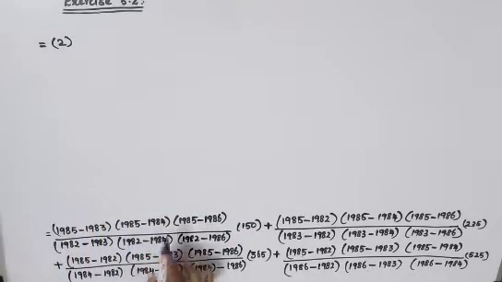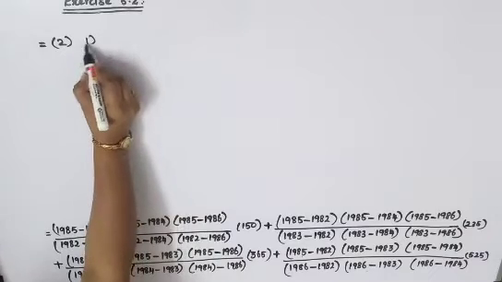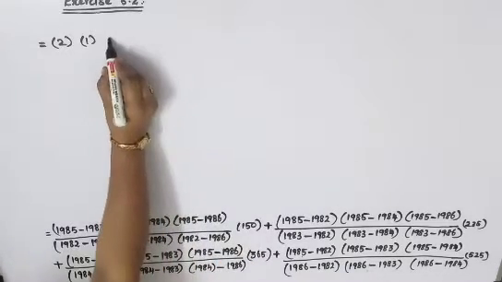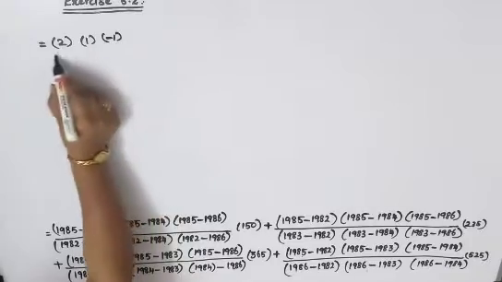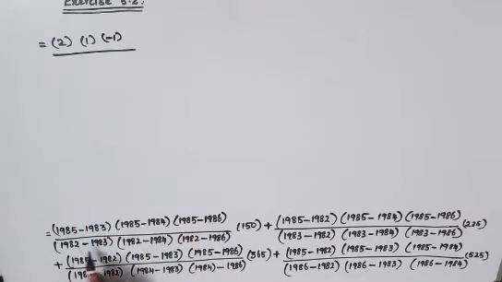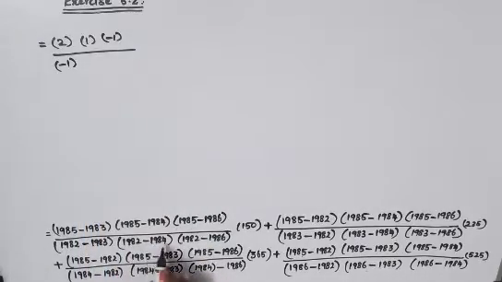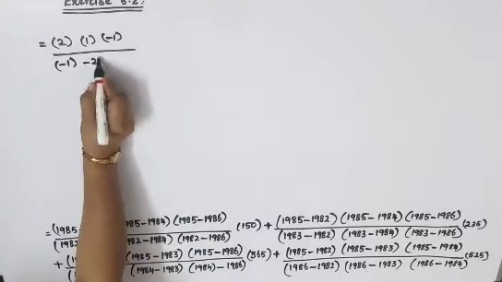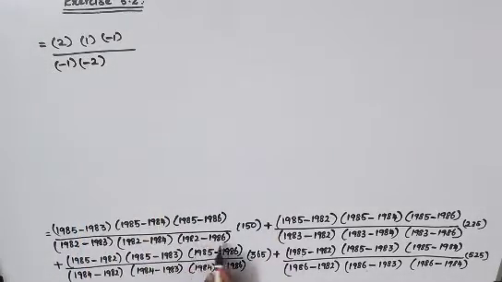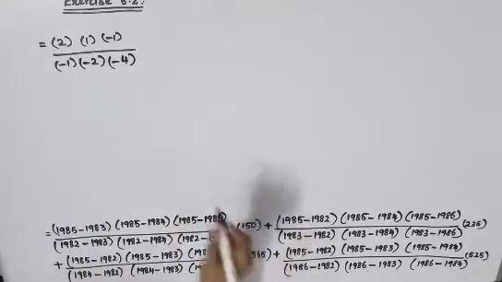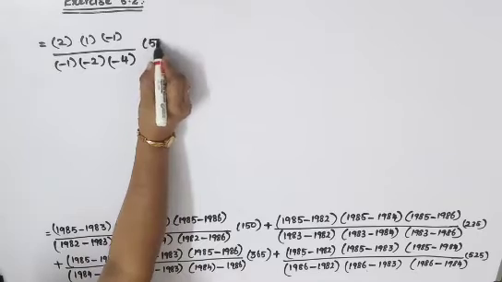Solving, so 85 minus 83 will be 2. Then 85 minus 84 is 1. Only the last two digits are changing. Okay, don't consider 19, 19 and 19, everywhere it is same. So 85 minus 86 is minus 1, divided by 82 minus 83 will be minus 1. 82 minus 84 will be minus 2. Again 82 minus 86 will be minus 4, into this 150 will be there,